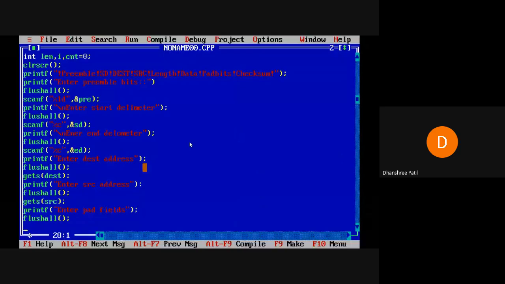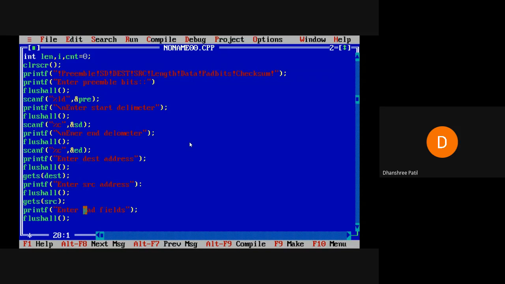Okay, I'll first do the program. Again, I'll explain some of the fields. First, I'll clear all the fields. So printf: enter the pad bits. Pad fields. It is taken for the minimum data length. So, as I told you, I have used the flush function everywhere. What is the purpose of this? It is to get the memory clear. Now, for source and destination address, instead of %c, I have used the gets function, to get the address of the source and the destination.